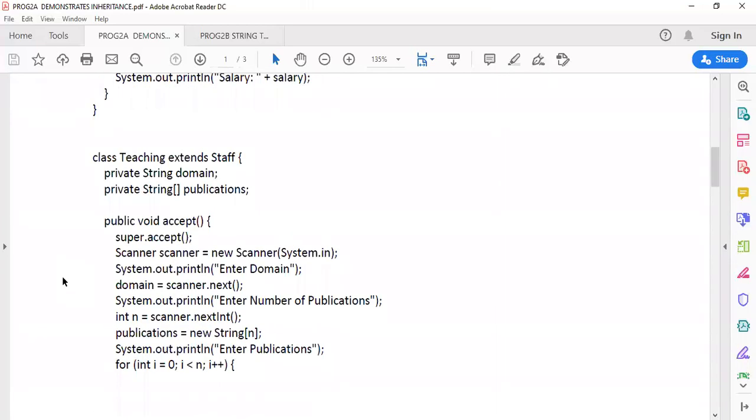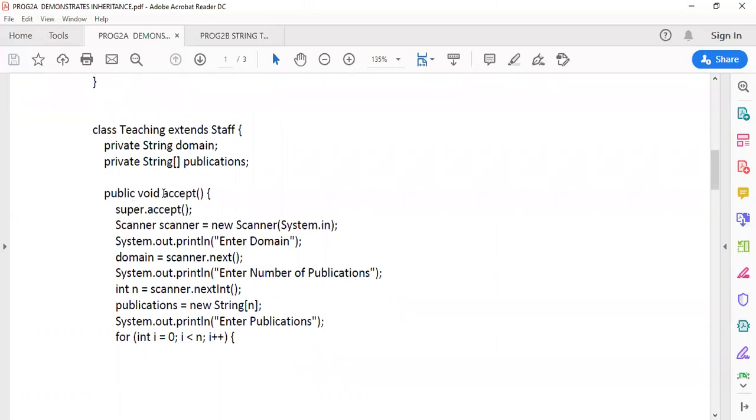Now this accept function belongs to the teaching class.